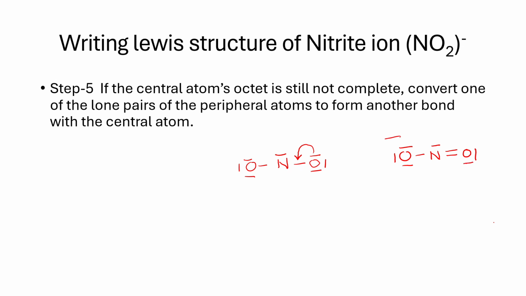And because there is an overall negative charge, we put a square bracket and we put a negative charge. So now the octets of all the atoms are satisfied, and we have the overall number of electrons also satisfied. But just as discussed in the previous example, this could also have been achieved using electrons from